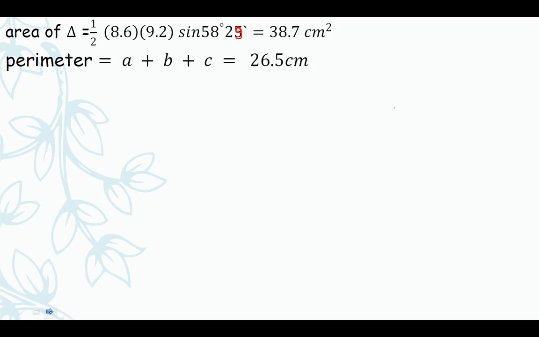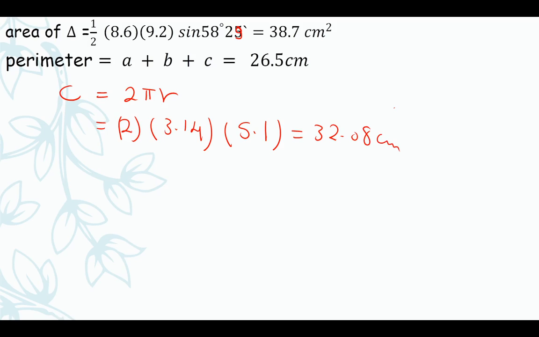And the circumference of the circle, the rule of the circumference equals 2 pi r, then 2 multiplied by pi, 3.14, multiplied by the radius of the circumcircle of the triangle, which equals